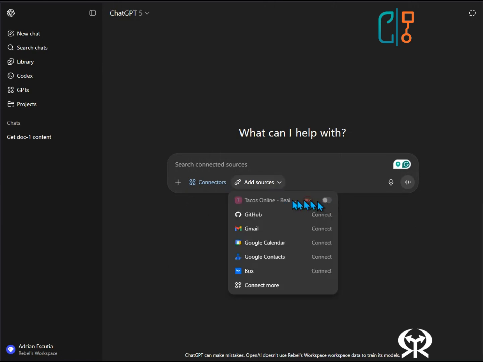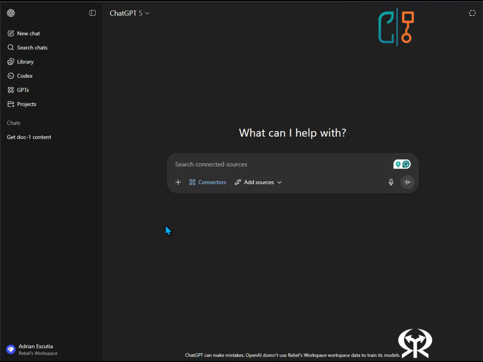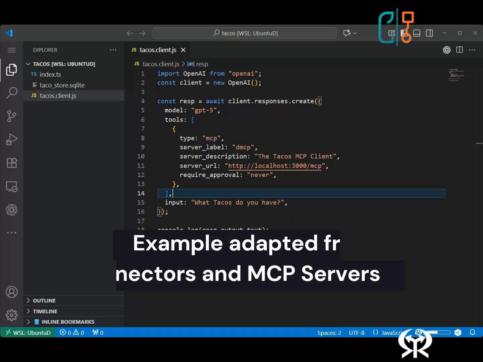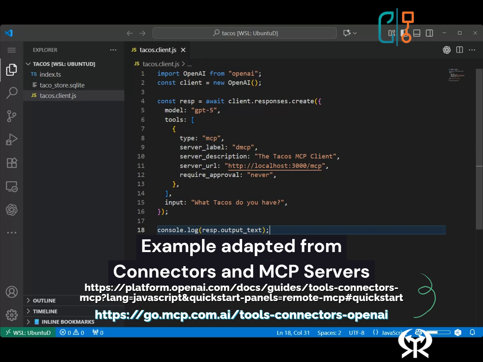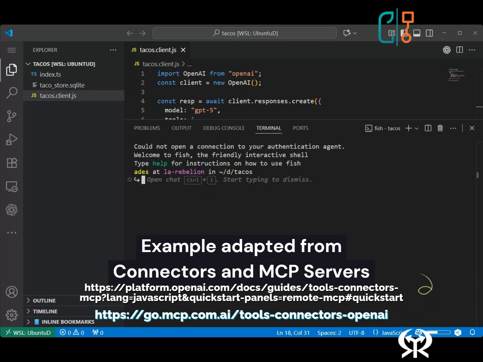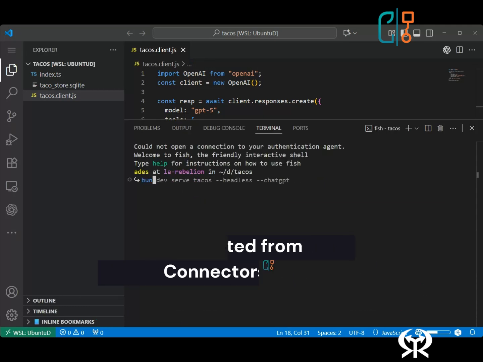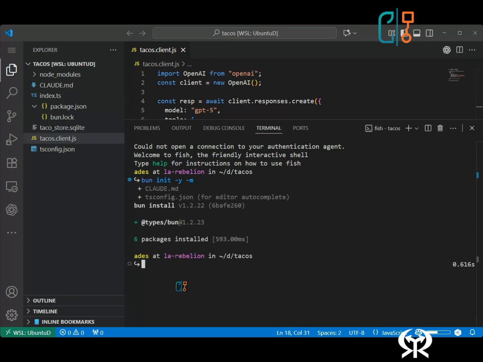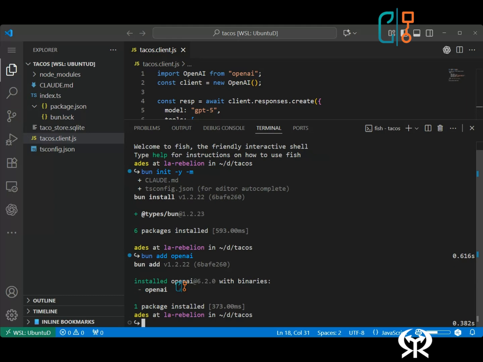I enable the connector, but somehow it is not available here, I guess because this is still in beta. Let's connect directly with a client. I use the client response example directly from the OpenAI documentation. I init my project. I am using Bun in this case. I'm going to add the OpenAI library, install the packages,